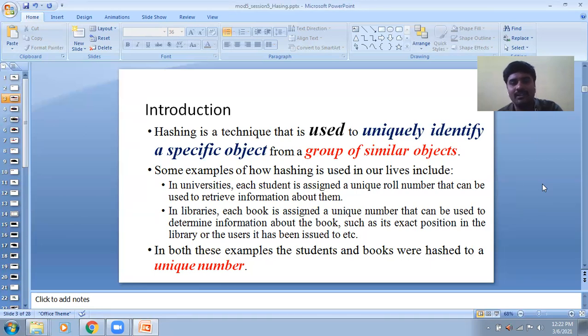Secondly, in libraries, each book is assigned a unique number that can be used to determine information about the book, such as its exact position in the library or the users it has been issued to. In both these examples, the student and books were hashed to a unique number. So we are going to find the unique number.